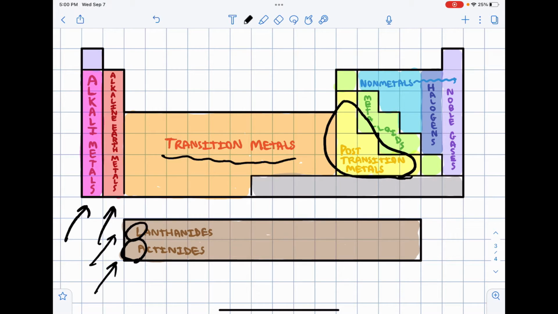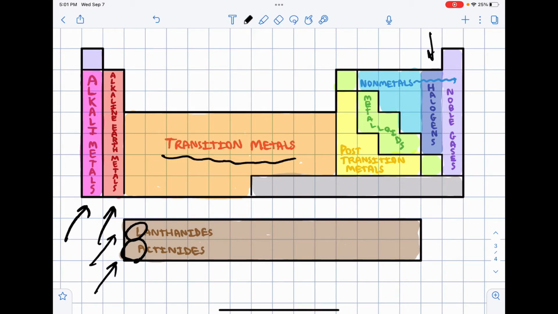And then we have metalloids, which is like this staircase here. And the metalloids are good at being semiconductors because you know how metals conduct electricity and non-metals like styrofoam, I know that's a compound, not an element, but if you think about that, that's an insulator. So metalloids are kind of in between, they kind of conduct and they kind of don't, and that's what they're known for. And then we have just other non-metals, and then the halogens are here, and the halogens tend